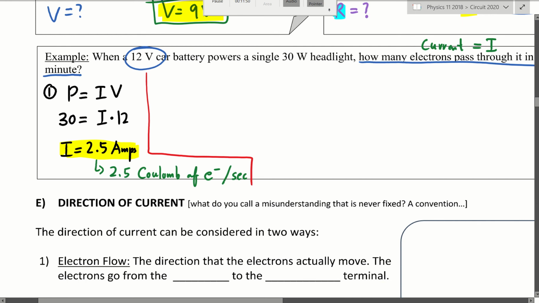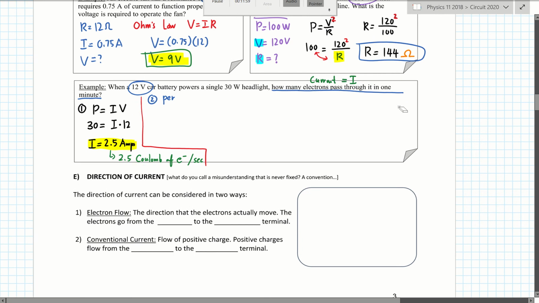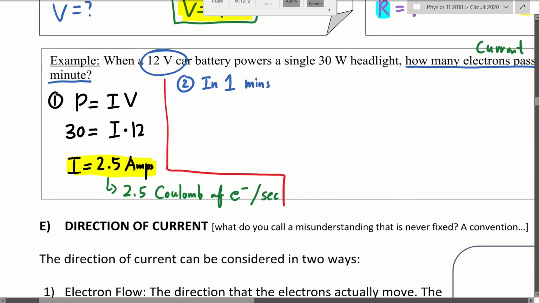Okay, so now this is per second, right? So at least let me find it for per minute. The question said in 1 minute. So in 1 minute, how many electrons pass through? So instead of 1 second, 1 minute. Now that's easy. Just take that number, multiply by 60, right? Because the definition for current is charge per unit time. So if your current is 2.5 amps, and the time is 60 seconds, 1 minute is 60 seconds,